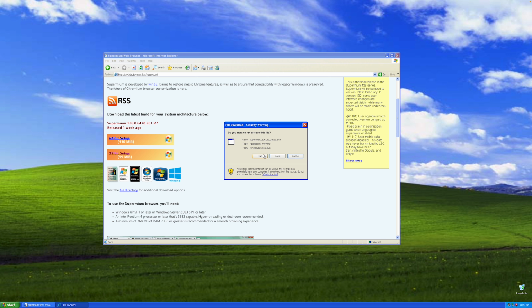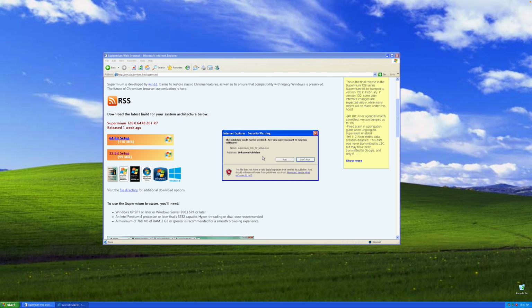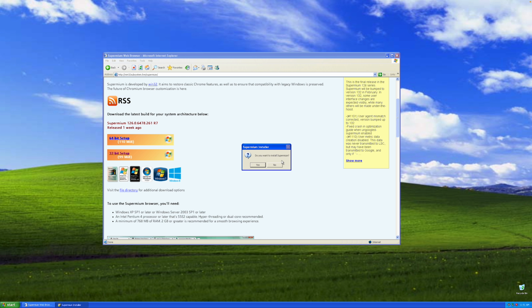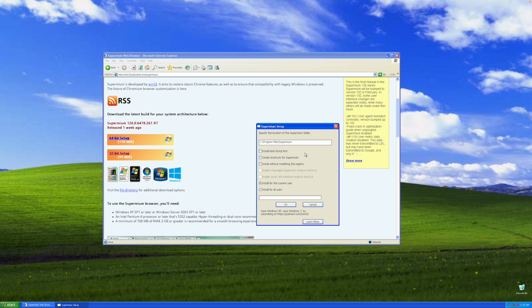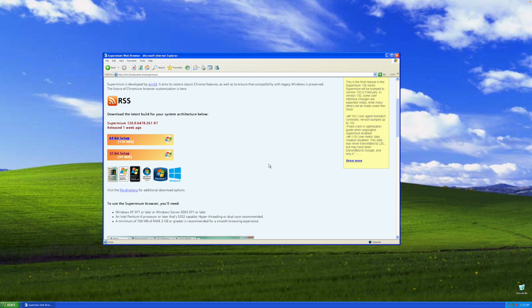And then I'll click run since there's no downloads. Security warning. Yeah, run. And now I will click yes. And now it's extracting. And let's say yes to C program files. And click OK. And now it's loading it. And it completed. Now it doesn't make any desktop shortcuts, but now we can close